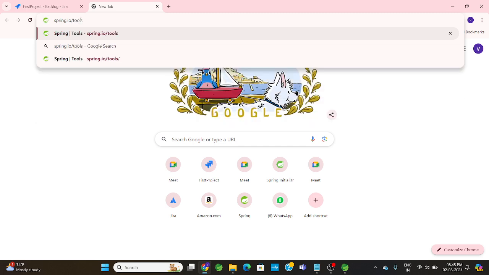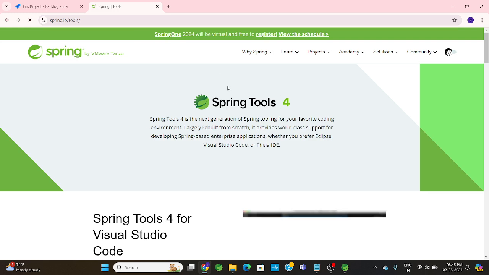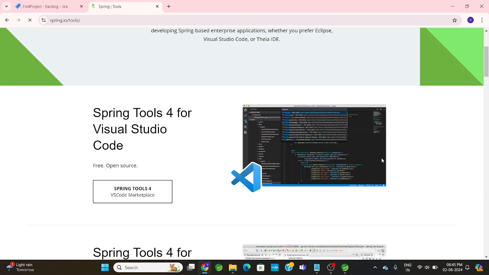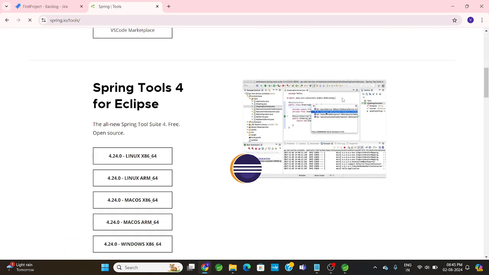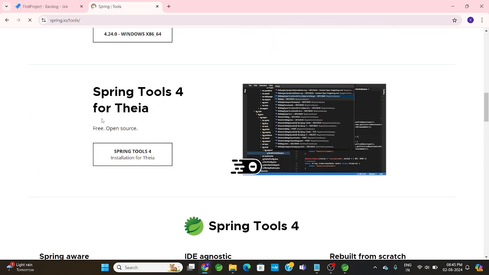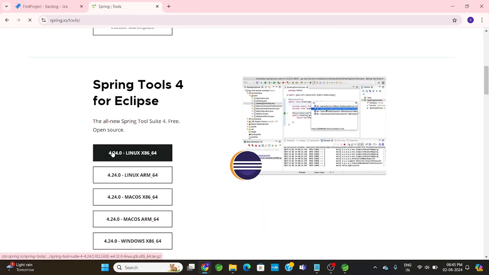There are more tools besides Eclipse, like Spring Tools for Visual Studio Code, Spring Tools for Eclipse, and Spring Tools for Theia. But we want to install Eclipse, so here Windows